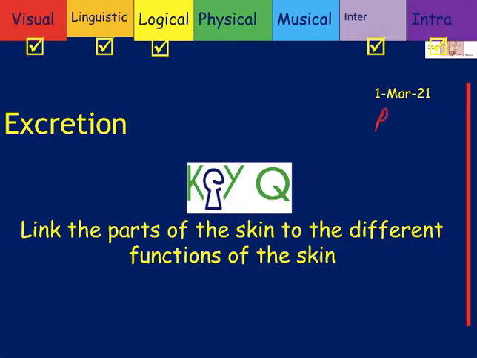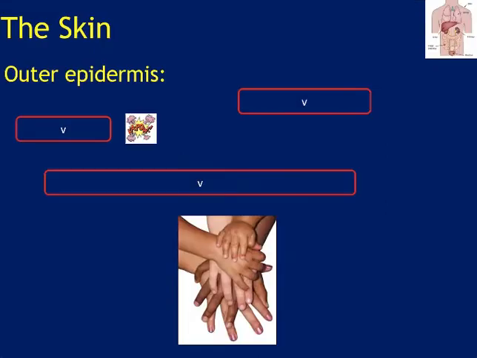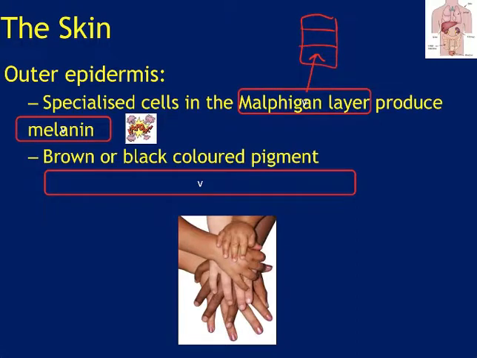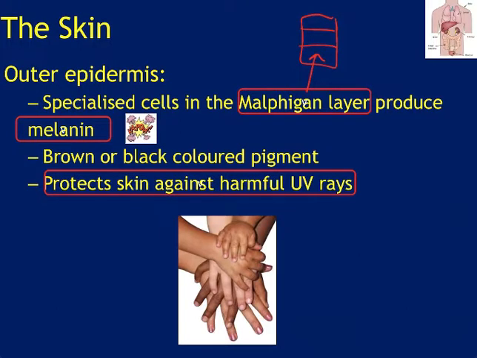Before we do that though, on page 181, we're just going to complete some of the bits here. So in this, we said we had 3 layers of skin the last day. This bottom layer is the Malpighian layer, and it produces a chemical called melanin. And the photo here may give you an understanding of what melanin is or what melanin does. So melanin, for starters, is a brown or black colored pigment, and its main job is to protect skin against